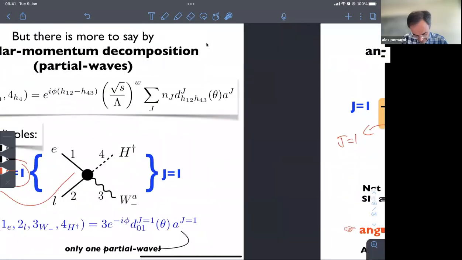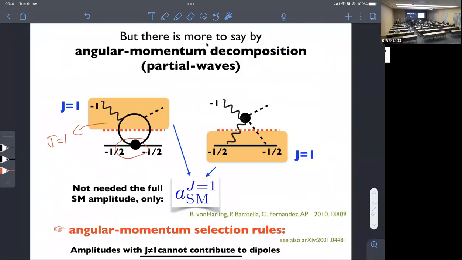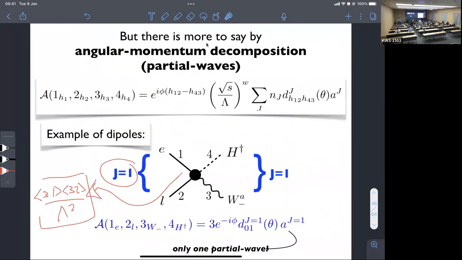Here? Yes, I'm sorry. Previous slide. Yeah, here. In this